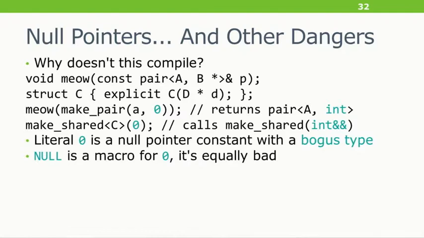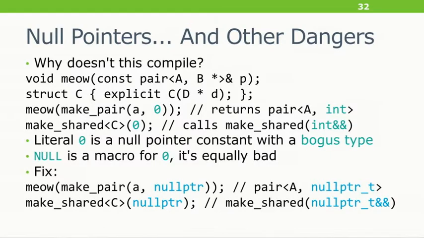As I say, this is an abomination that exists outside of the type system. That's like a horror from beyond space-time. And NULL is equally bad, because it's a macro. In C++11, we have the right way to do this. If we use the constant nullptr, that has the right type. And you'll get a pair of A and nullptr_t, and nullptr is convertible to any raw pointer or pointer to member, for you library devs in the audience. And it just does the right thing. It works with templates. We really should have had this in C++98. It's so simple. But we should have had static_assert first.